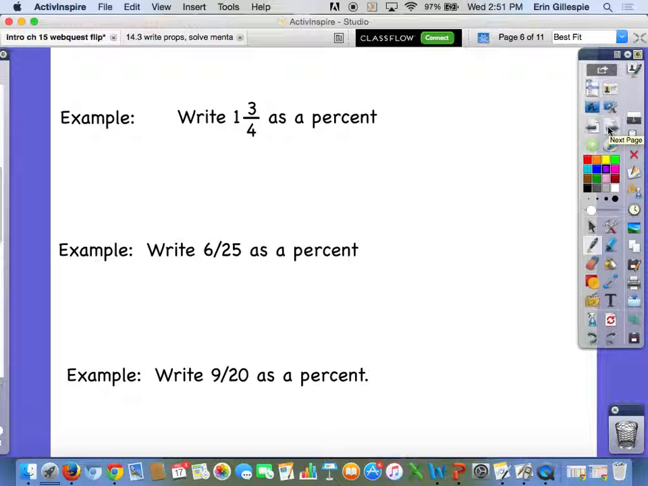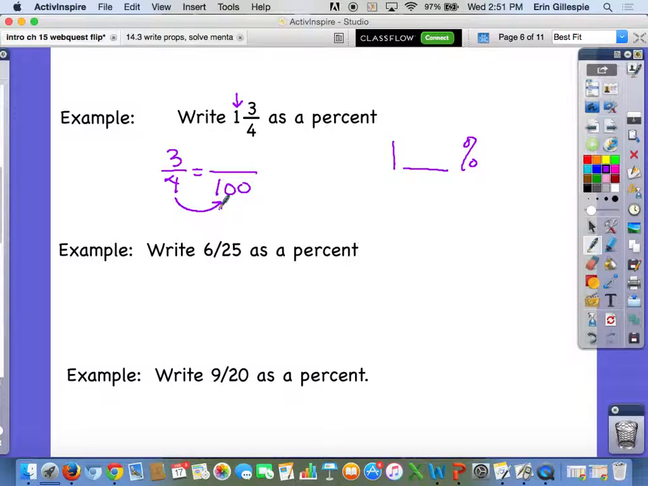So here's some more examples. If you've got 1 3/4, what you can do if you've got a mixed number is just know that that 1 is going to be a part of your percent. That means it's going to be 100 and something percent. So I know I'm going to have 1, and then I've got to figure out the rest of the percent. So now I can just do the 3/4